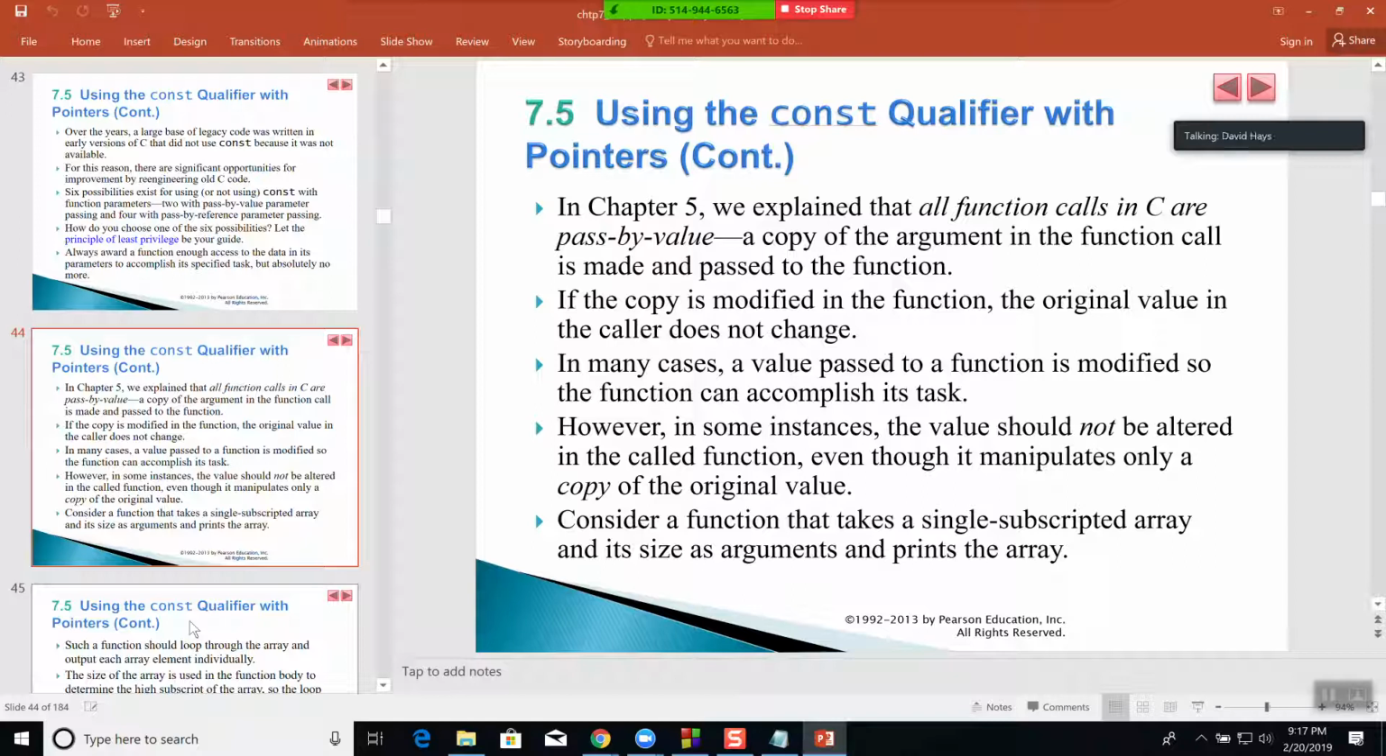Should not be altered. Can't think of an example of that, but I'm sure they'll probably give us one. Consider a function that takes a single subscripted array and its size as arguments and prints the array. Oh, I bet they're talking about